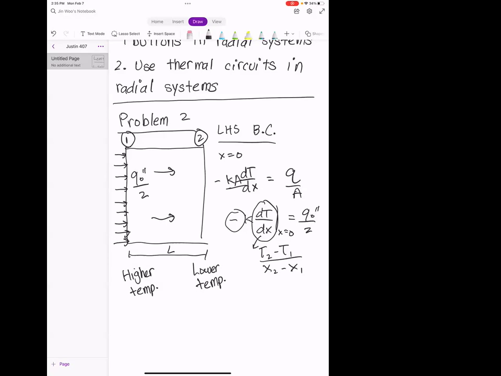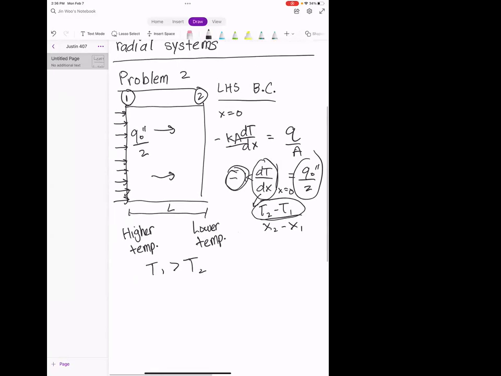Okay. So in other words, we have T1 greater than T2, right? And so if we do T2 minus T1, we're having a lower number minus a higher number, so this number is going to be naturally negative. And so this negative out in front is just to correct that, so that when we go from high temperature to low temperature, we end up with a positive number for the heat flow.